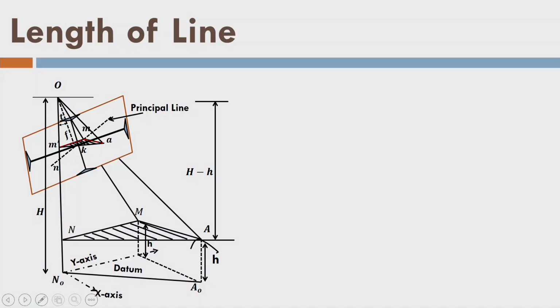So, let us measure the length of a line on a tilted photograph. So, what does it mean? We are trying to measure the length of a line on the ground surface using a tilted photograph. That means I am going to measure the image points on the tilted photograph. I know the scale of the tilted photograph that I already determined.